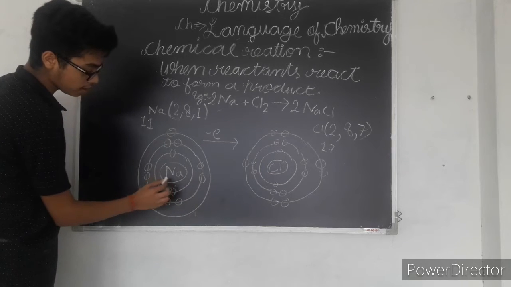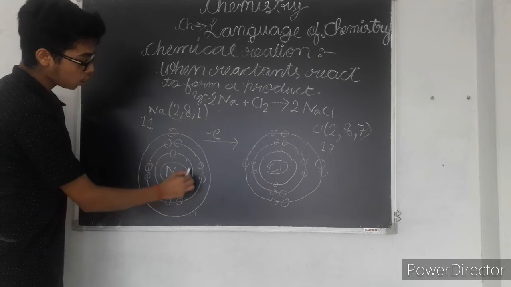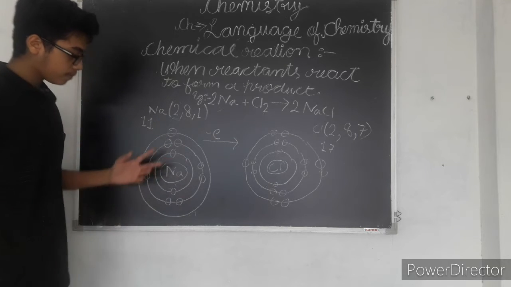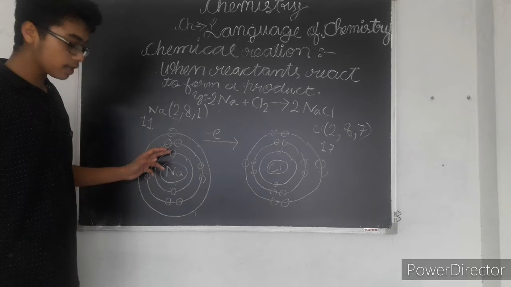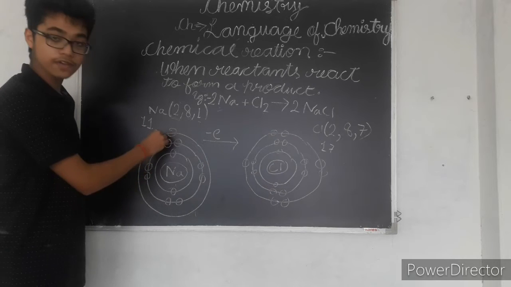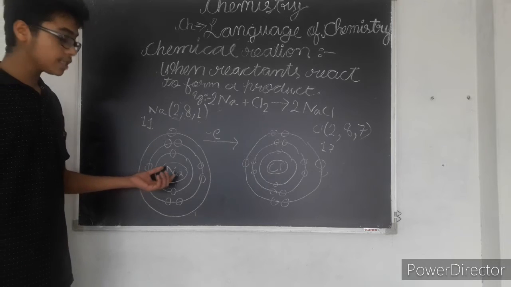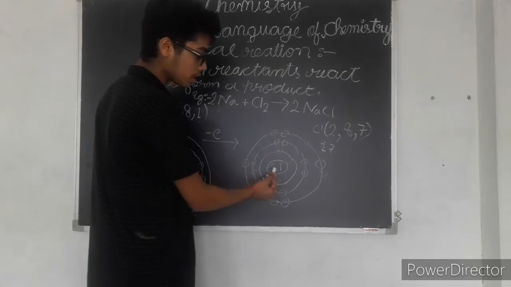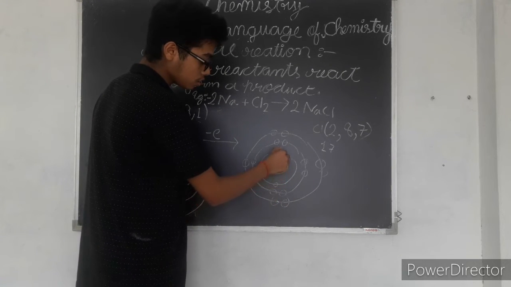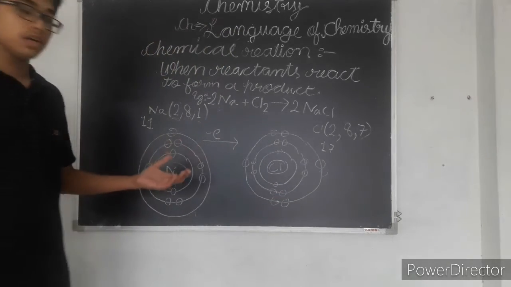This is the nucleus of a sodium atom, and in the first shell we write the first number which is given. So 2 is there, so obviously in the first shell we can only make 2, and then in the second 8 is there, so we make 8, and in the last there is 1. So we make 1 electron. These are electrons and this is a nucleus. The nucleus contains protons and neutrons. And this is the figure of chlorine. This is the nucleus. These are electrons: 2 electrons, then 8, and in the outermost shell 7 electrons.